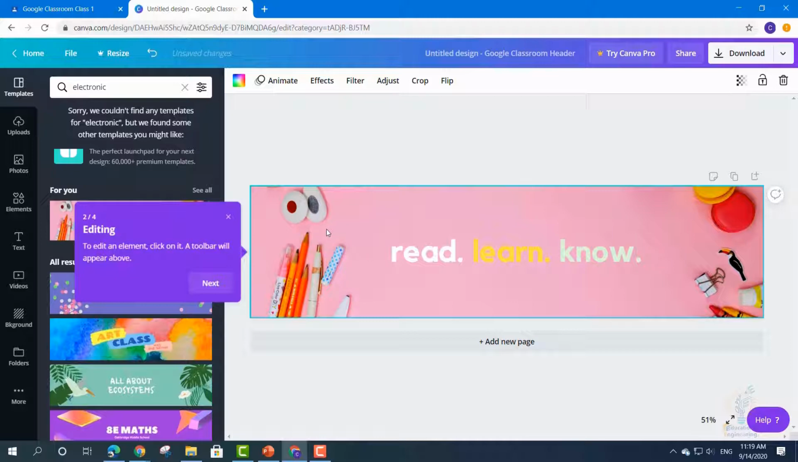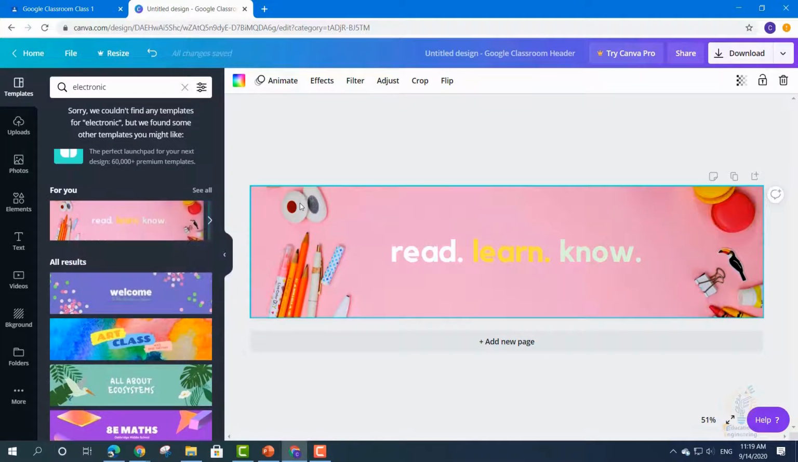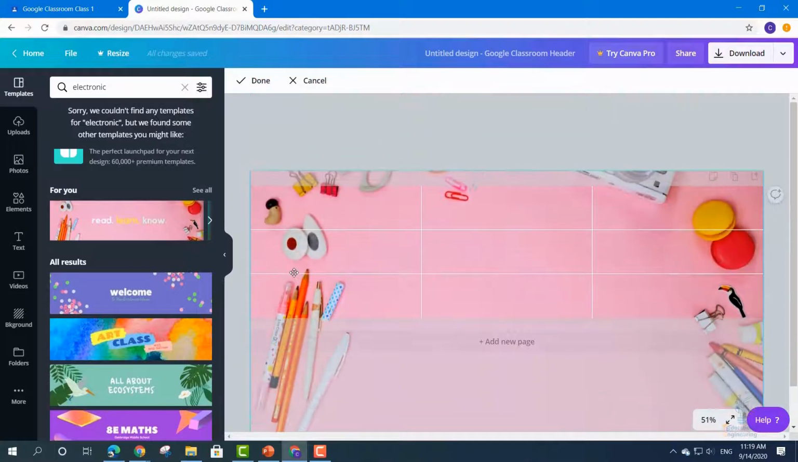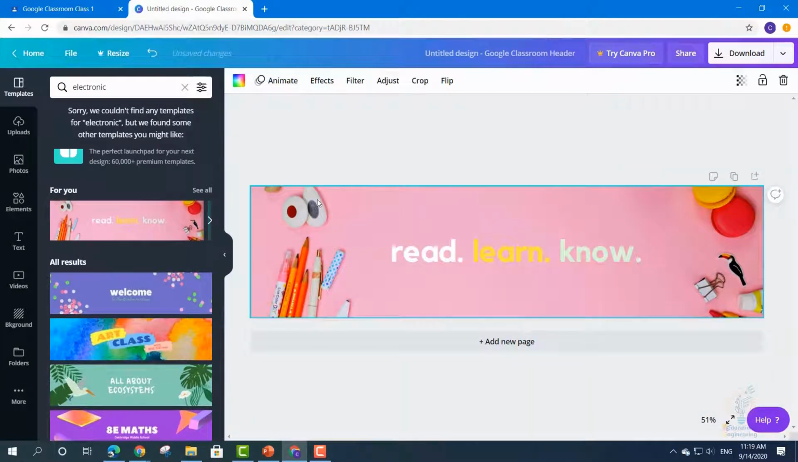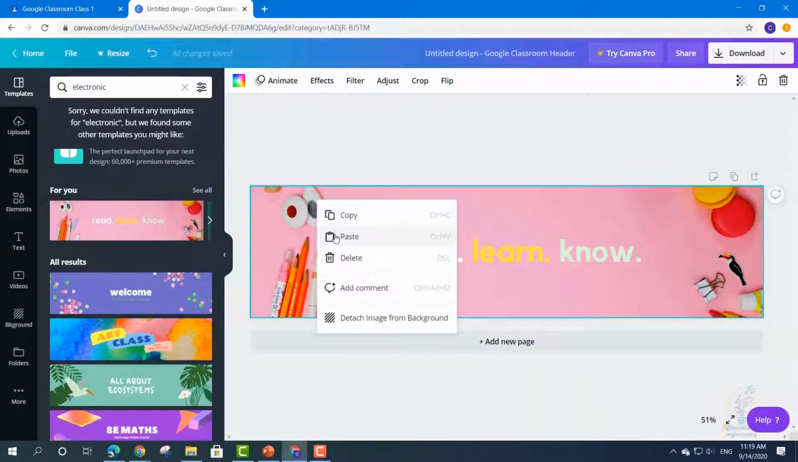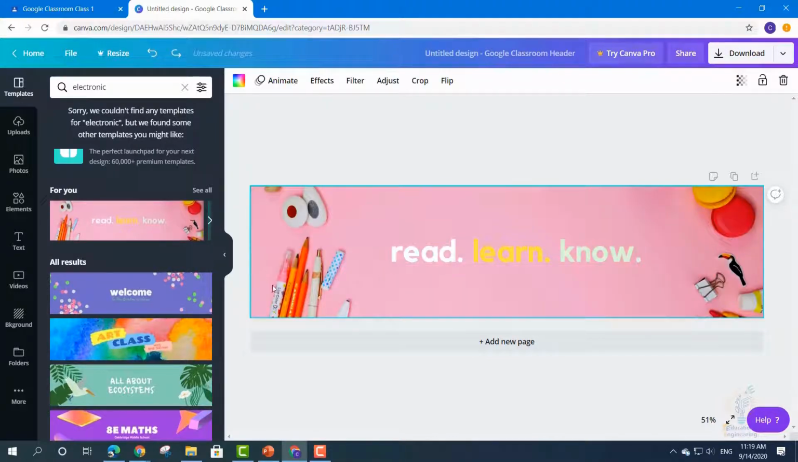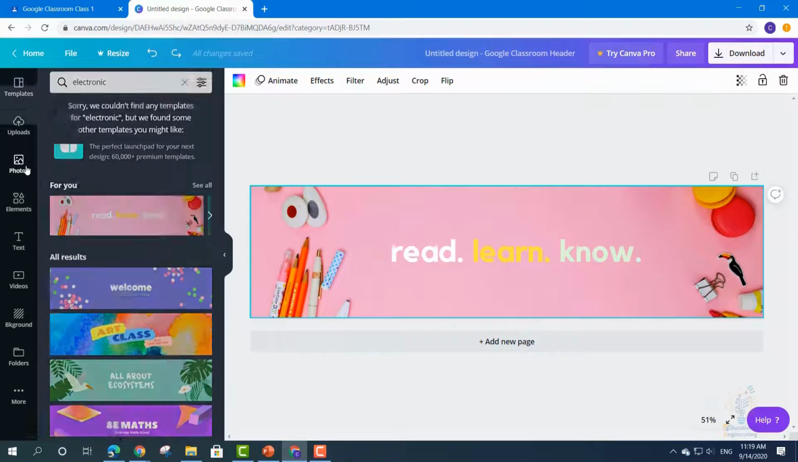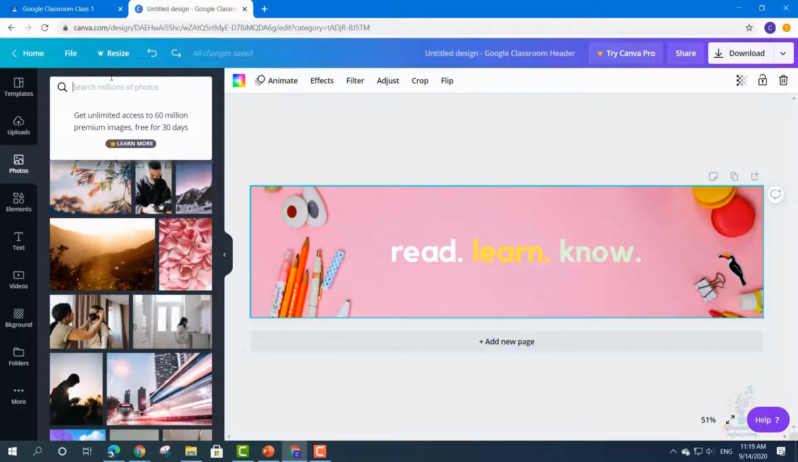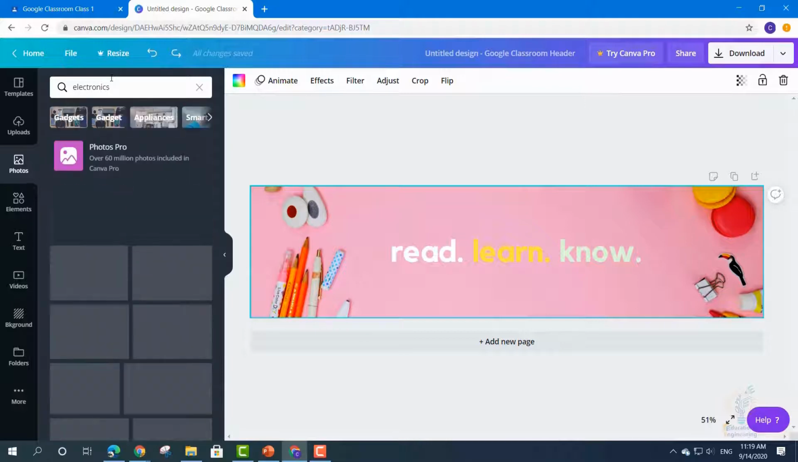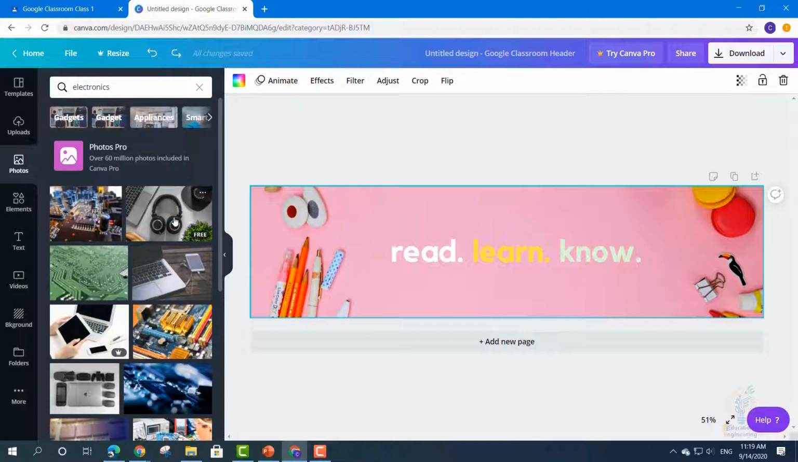We can change the image by simply clicking once, double click the image, and we can scroll it. And we can delete the image, as you can see. Ctrl Z to undo. We can use any photo. I can write here electronics. And as you can see, all of these images are free